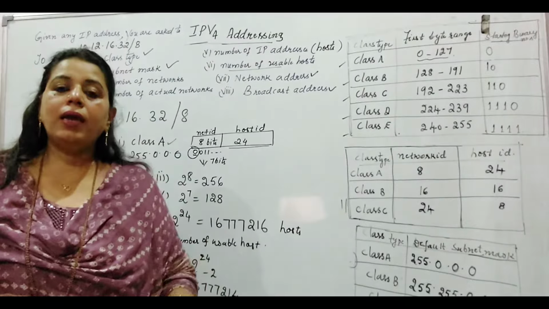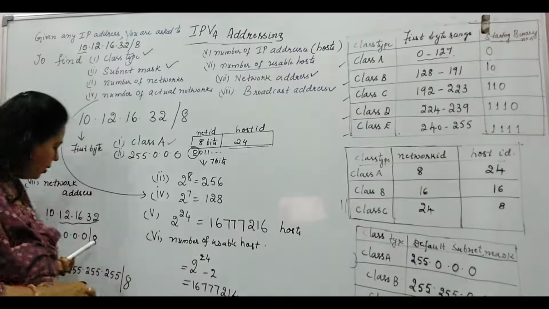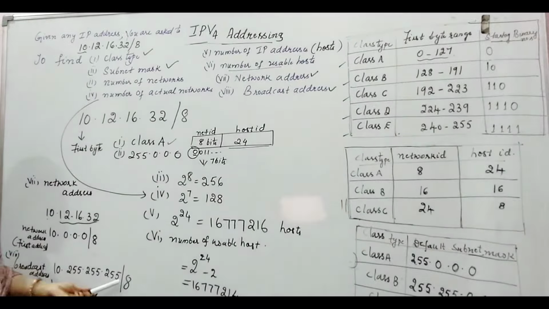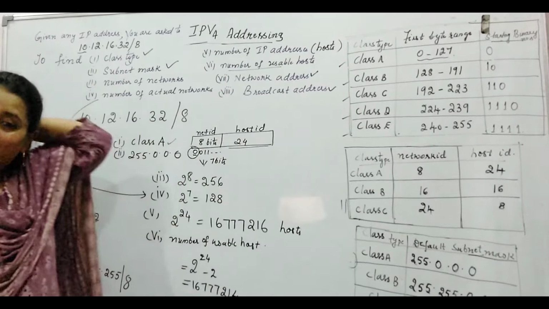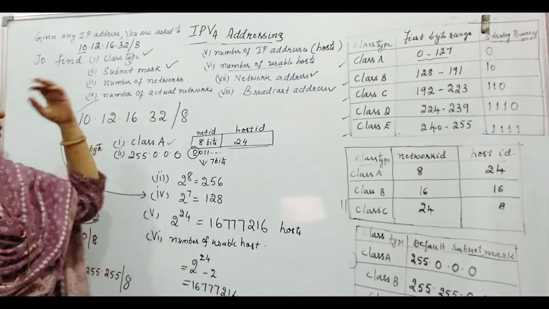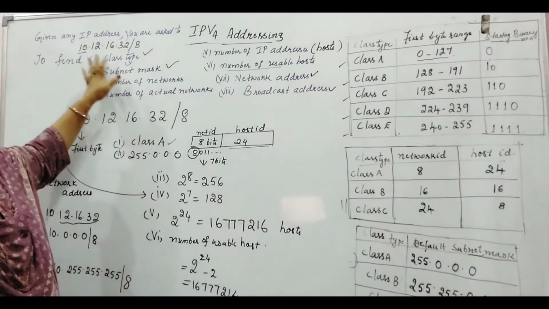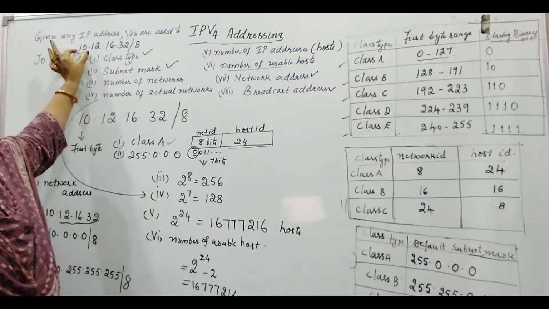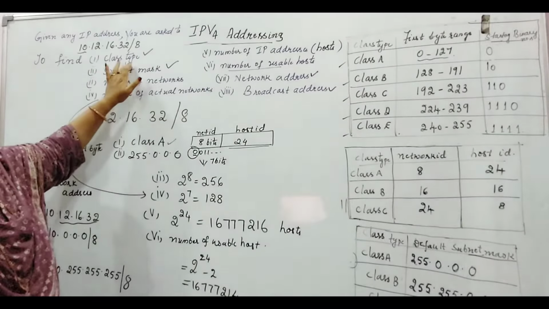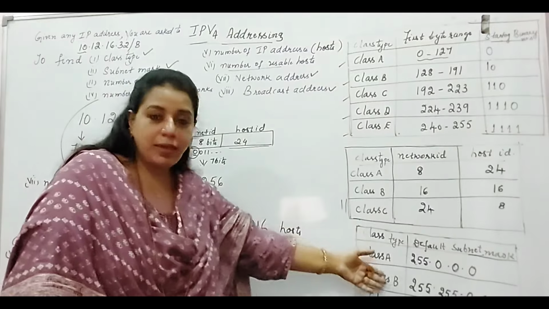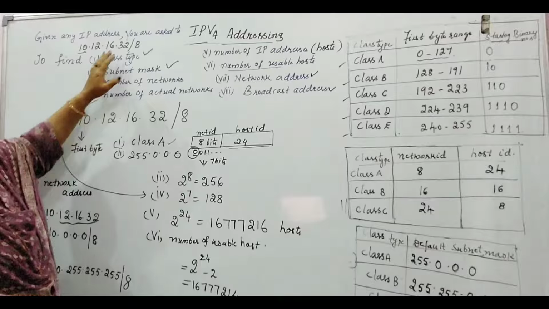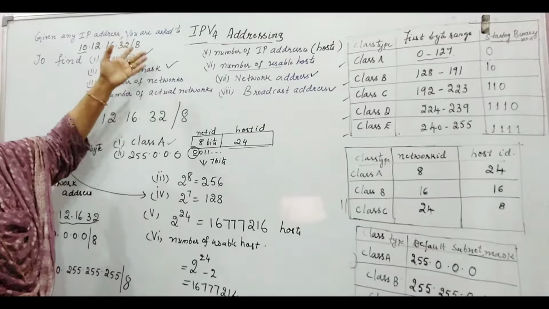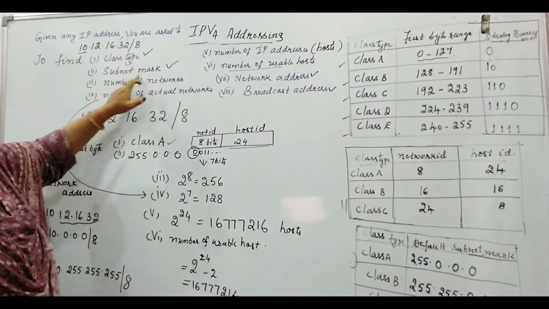Since this is a class A, you have kept all the 24 bits as zeros for the network address, and you have kept all the 24 bits as ones for the broadcast address. This is how you need to solve a numerical on this. So very simple. First thing is always check here the first byte to determine, I'll just repeat, to determine the type of the class. Then the subnet mask you can easily find out, because the number of bits that are used to represent the network is what? The subnet mask. If in the question it is given, then it is very clear, also here 8. So the subnet mask will be